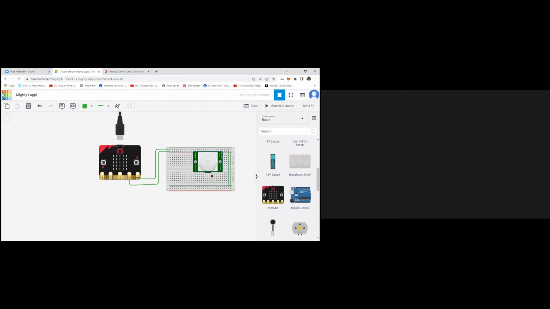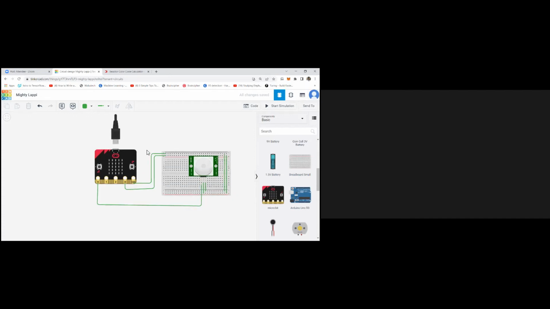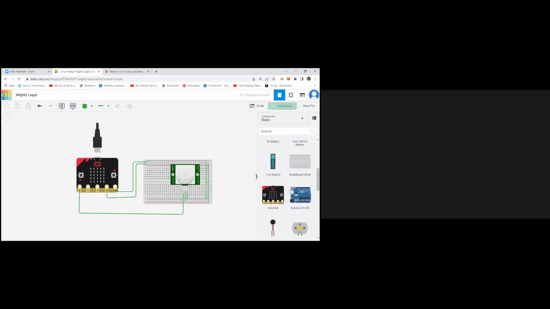Then to power up my PIR sensor, I will connect ground and power. Okay. Then there's a signal input. I will connect it to my P0. So now if I play,